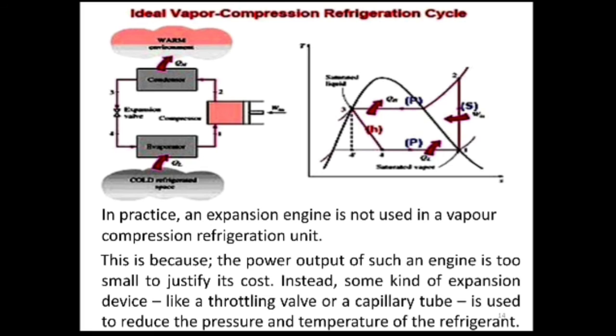The refrigerant enters the evaporator at state 4 as a low quality saturated mixture. Not quantity, it is quality. So as you can see, at point 4 it is a low quality saturated mixture. That means it has a low dryness fraction value. Understood? Then the refrigerant leaves the evaporator as saturated vapor and re-enters the compressor.